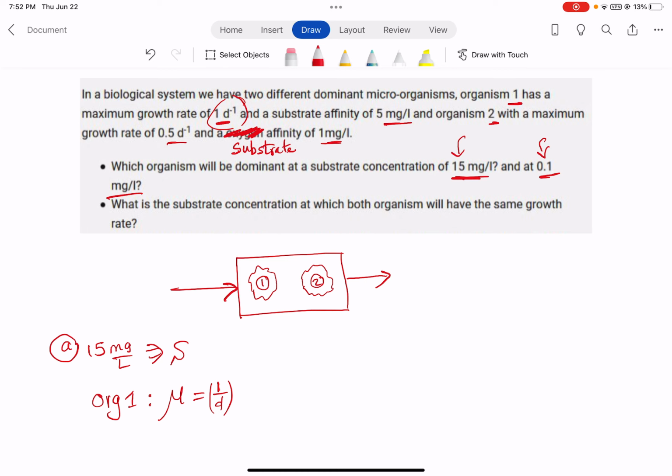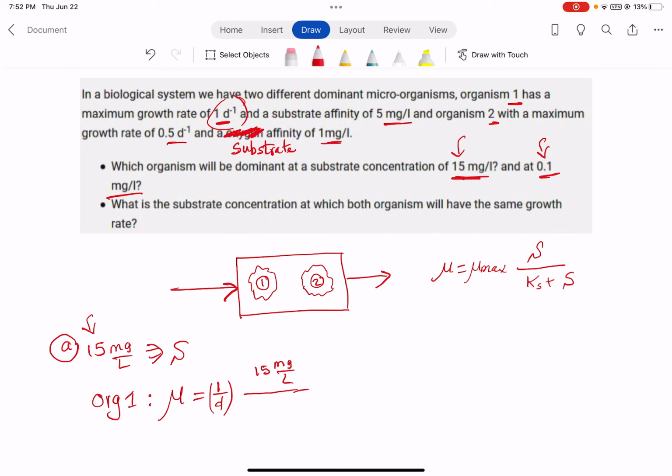Remember the equation? Mu is equal to mu max times substrate over Ks plus S. So mu max is 1 per day, and then S, the substrate, the food, is 15 milligram per liter, sorry, over